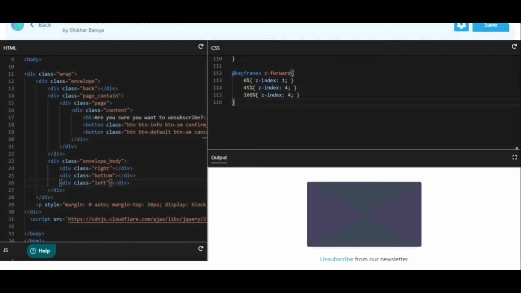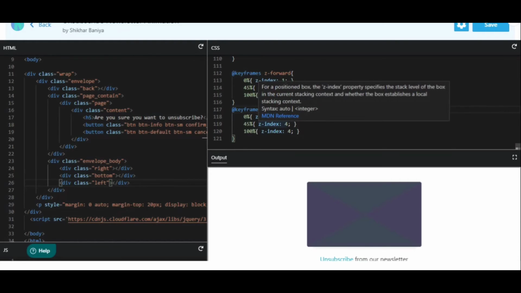So this is that. Now in the same way, let's copy this. I want to specify the backward animation, and in this at 0% I want it to be at 4, 45% again 4, and at 100% I want it to come at its original place. Okay,